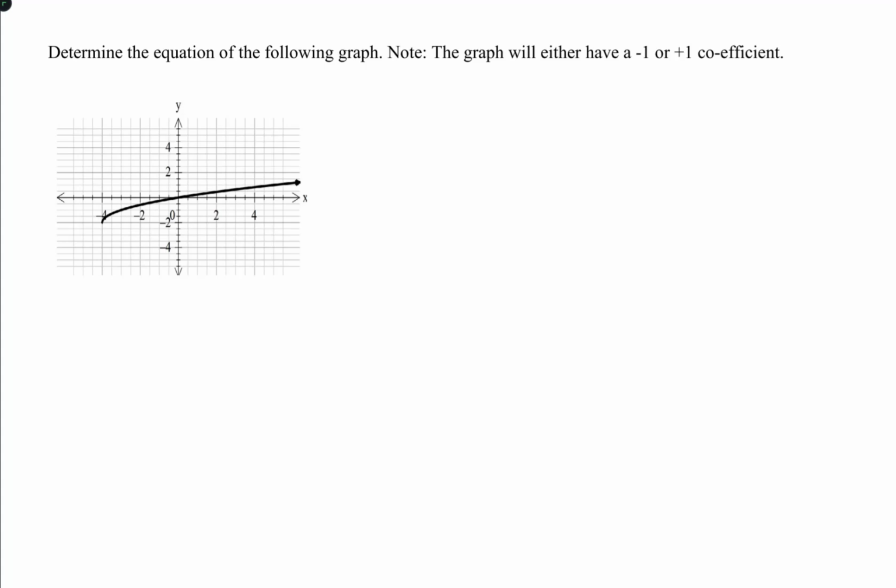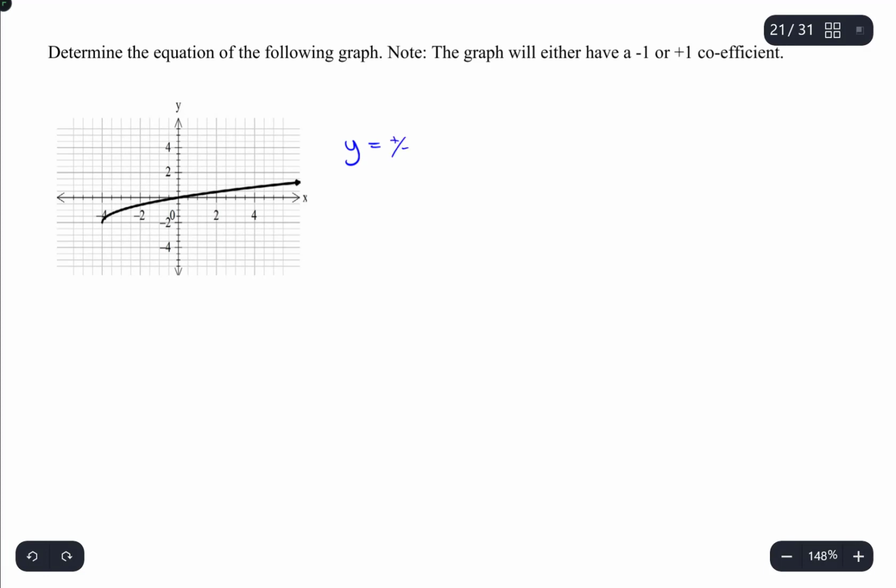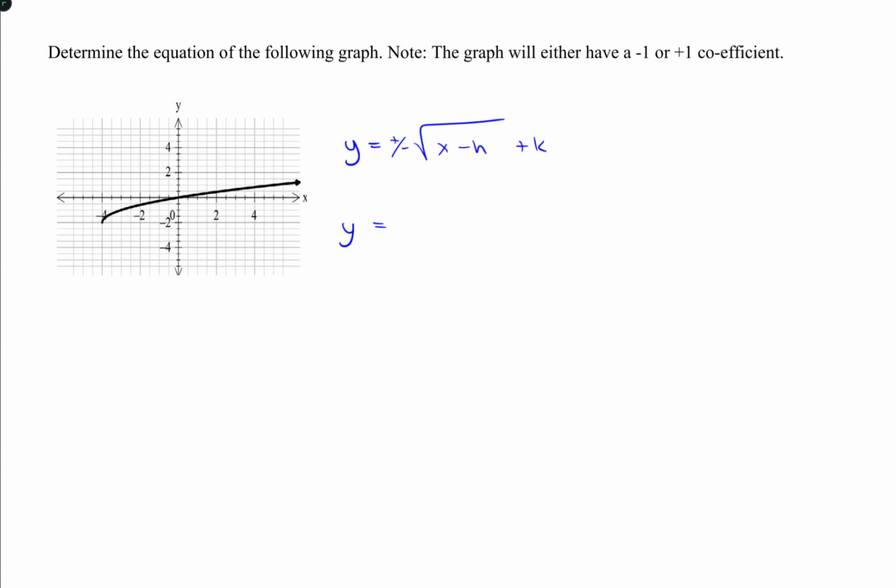shape of the graph. Now, this graph sort of looks like a parabola, but it's opening to the left and there's no bottom part to it. So that tells me that we're dealing with the square root function. So this is going to be something of the form y equals either plus or minus, we'll deal with that in a second, square root of x minus h plus k. So we just need to figure out then positive or negative, if that's necessary, and then the h and the